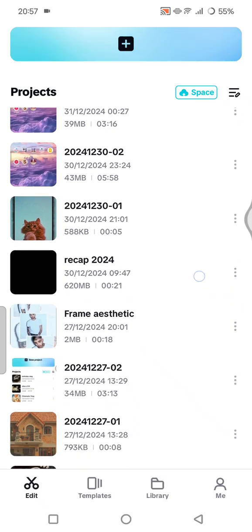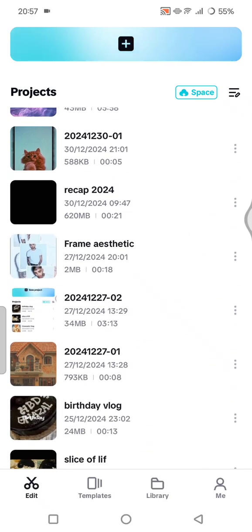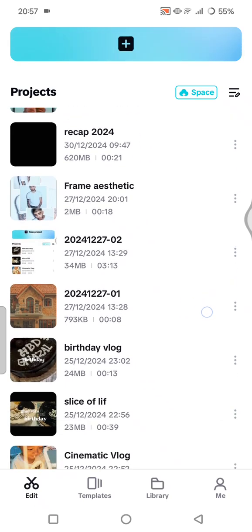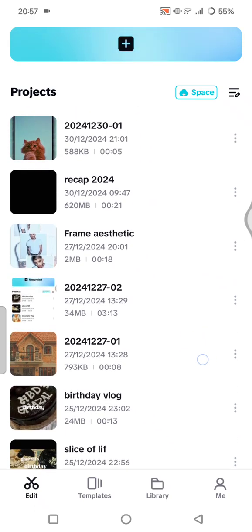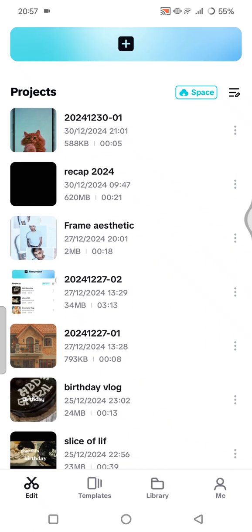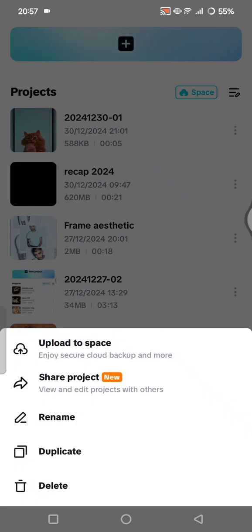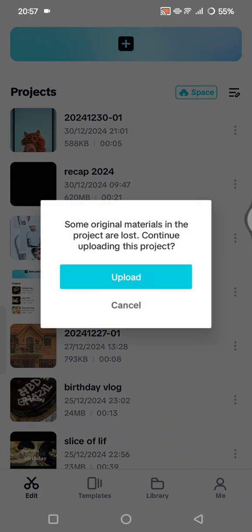First of all, you can just click on the three dots icon beside the project that you want to share. For example, I'm going to share this one right here. You can click on the three dots icon and there will be this share project option. This is a pretty new feature on CapCut where you can view and edit projects with others. So you can just tap on this share project,